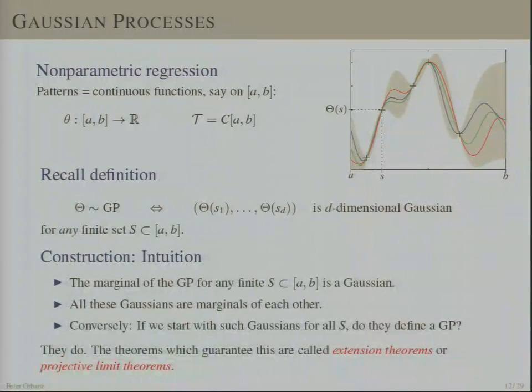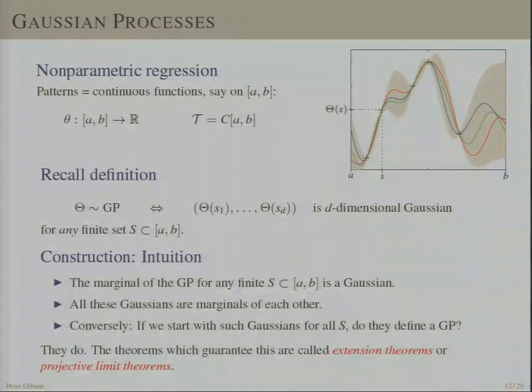So the parameter space of our model is the set of continuous functions on [a, b]. I have a picture here where we see a bunch of samples from a Gaussian process, which are these functions, and here, where they all shrink to a single point, that's where observations are. Yeah. So this is the posterior conditioned on observations, and at these few points where the observations are, we exactly know the value,